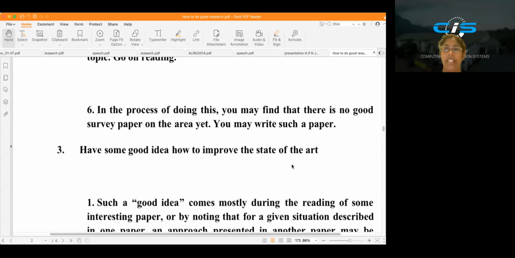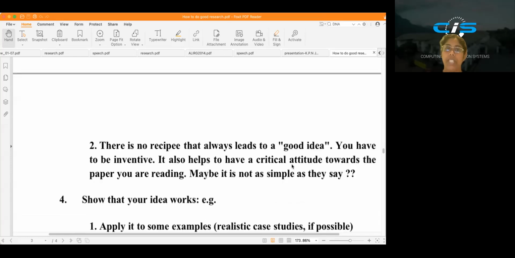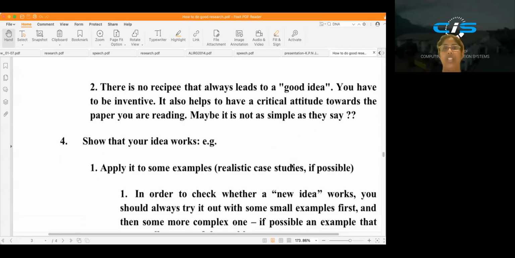Okay, so then after that, show that your ideas work. Now you have found a good research topic and a good research problem under it. So how can you show that your idea works? Okay, for how to prove that: